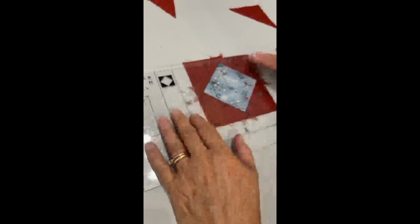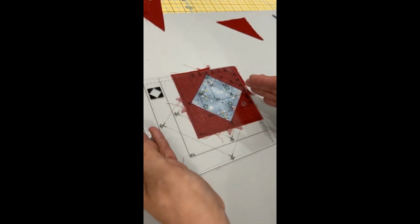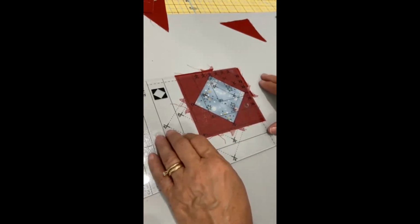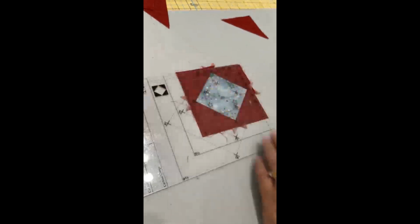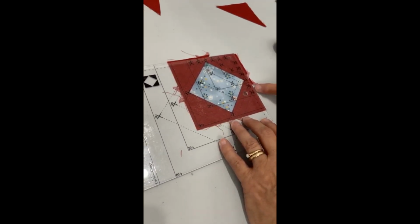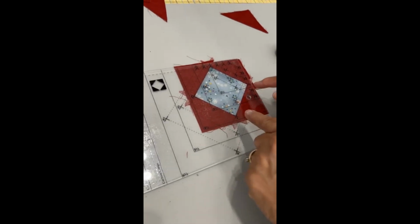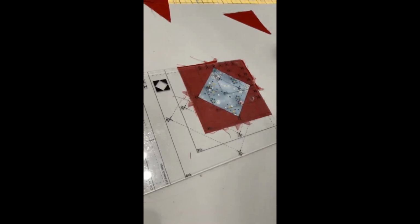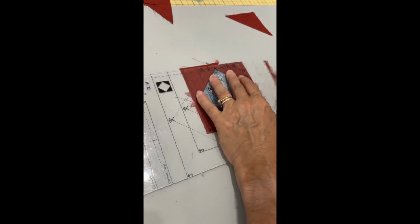So what this is going to allow you to do by lining these guys up is, when you go to add it to something, you don't cut it off. Your point. You don't cut your point off. So I've got it lined up. Now look, I've got extra. I'm close here, but I got extra. So they're not going to look perfect when you get to this stage because you're going to trim, and it's all good. So I'm going to trim up